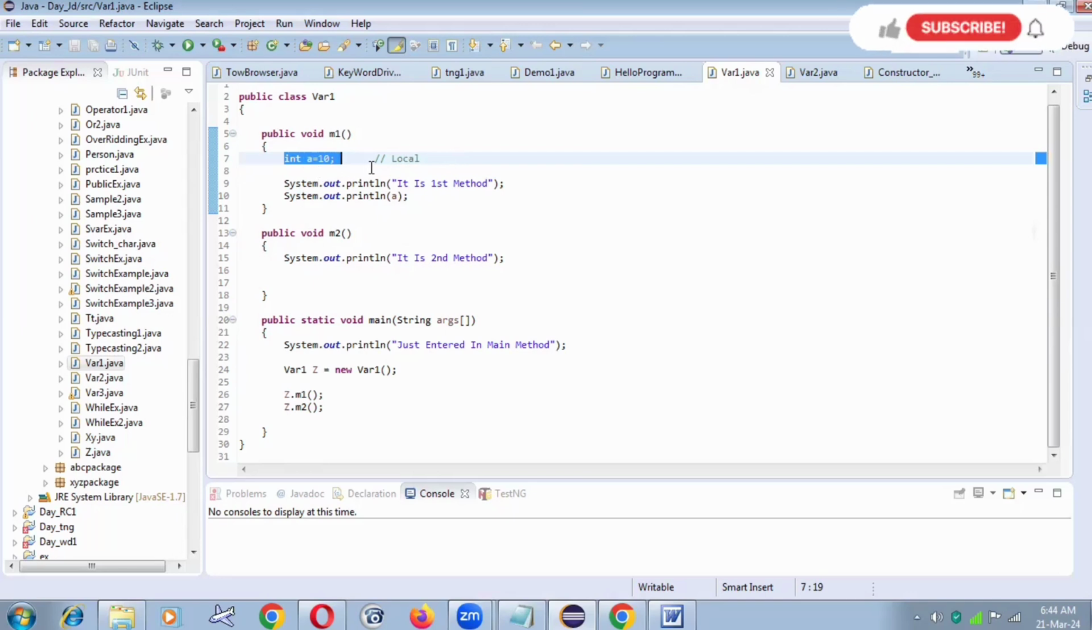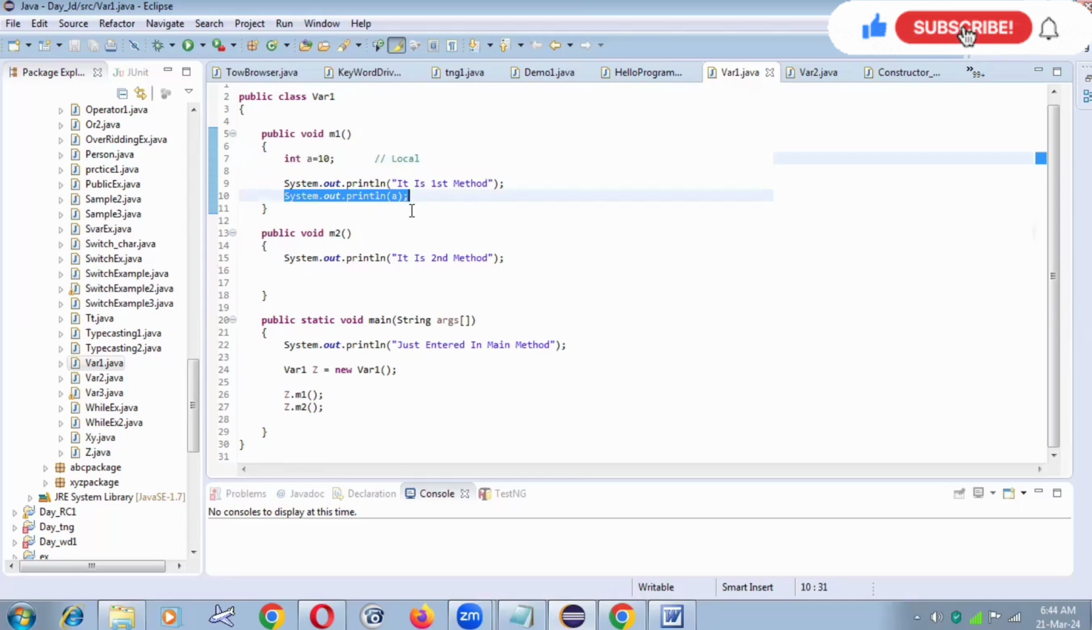We can use the local variable only within the same method. We cannot use it from any other methods. For example,